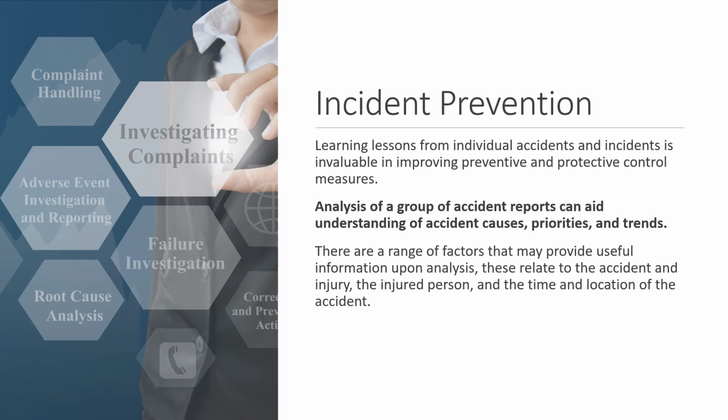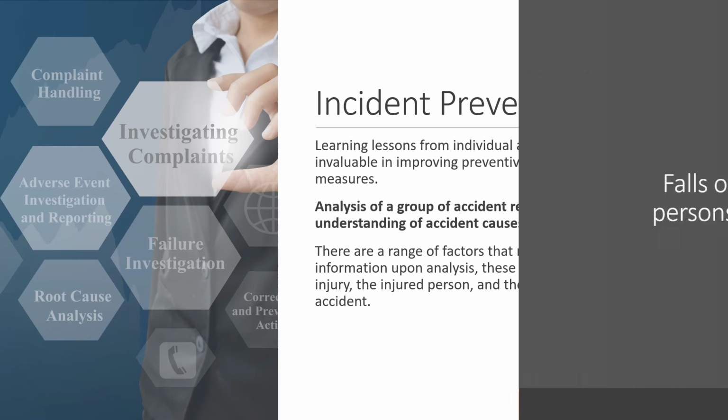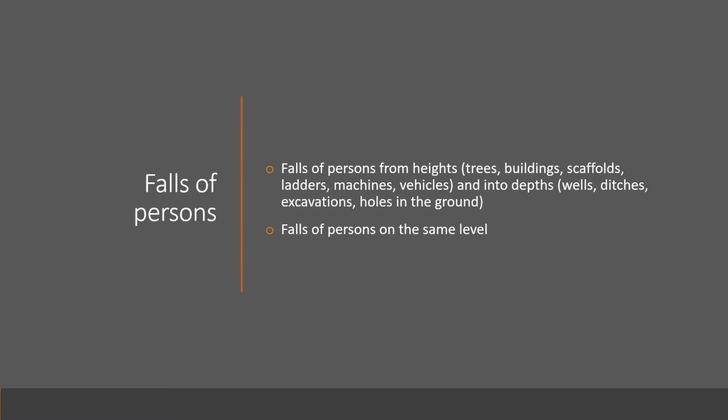The analysis of a group of accident reports can aid in understanding of accident causes, accident priorities, as well as trends within your company. There are a range of factors that may provide useful information upon analysis. These relate to the accident and the injury, the injured person, and the time and location of the accident. Make sure that you note down the direct causes, the underlying causes, and the root causes of all incidents and